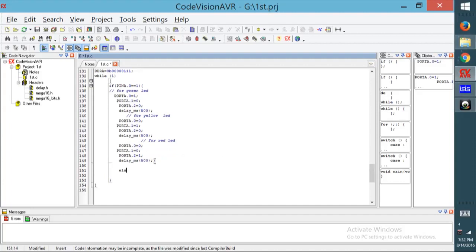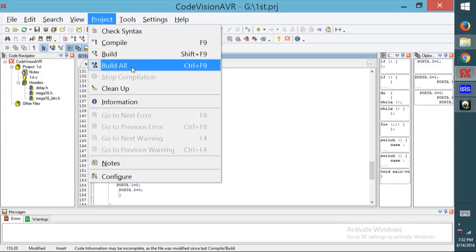Okay, else, otherwise all the LEDs will be off. So in order to turn off the LEDs, I will write all the ports on the lower state. Yes, now let's run it.